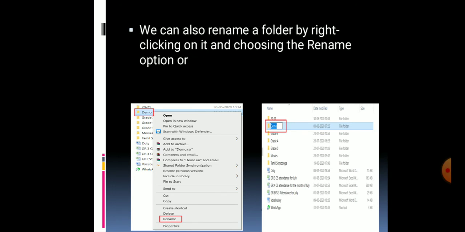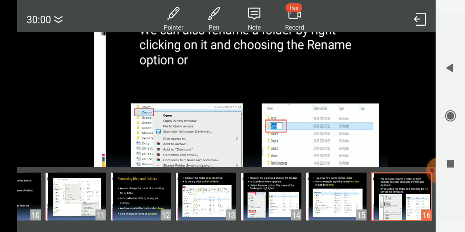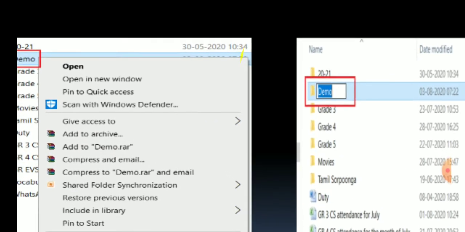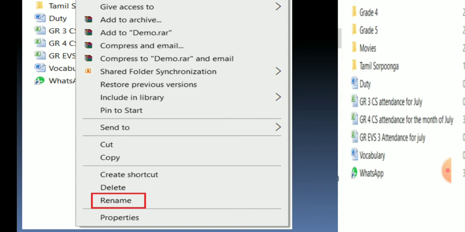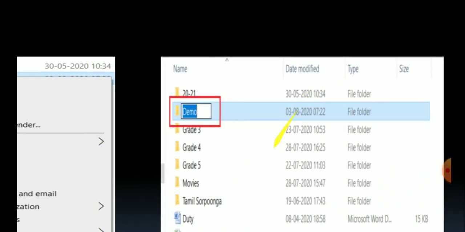We can also do this by right clicking on the folder. First we need to select the demo and right click on it, and then select the rename option. I can see the same typing area to change the name.